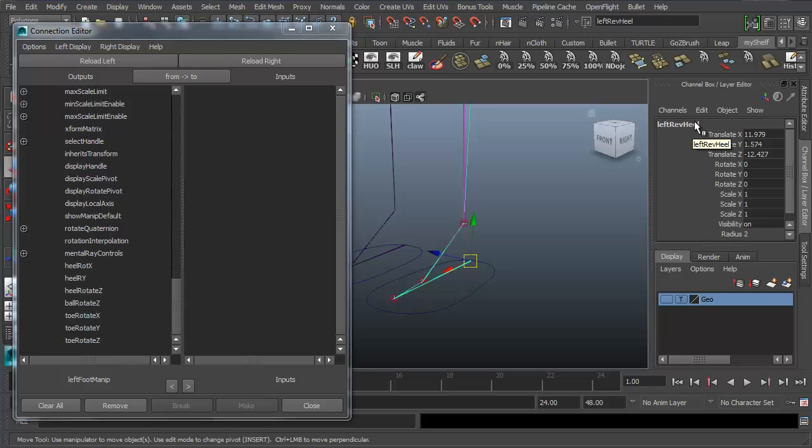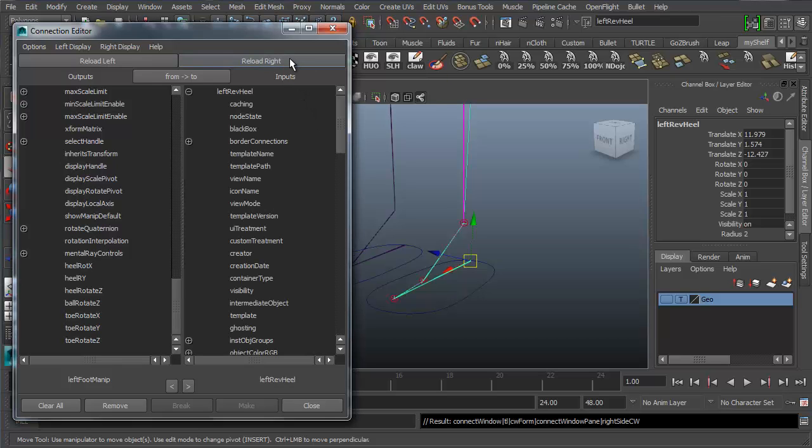Okay, so make sure you guys check in your notes. It'll tell you exactly which ones you're connecting these attributes to, and for us to connect them, we need the inputs to be driven by something on this side. So with this left reverse heel selected, we want to come up here to the connection editor and reload the right column. Okay? Now you're going to see that it says left reverse heel down here at the bottom,